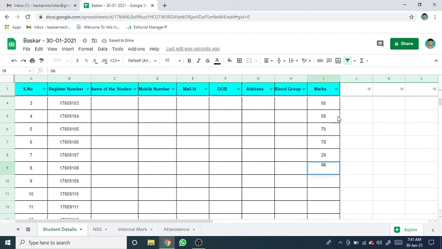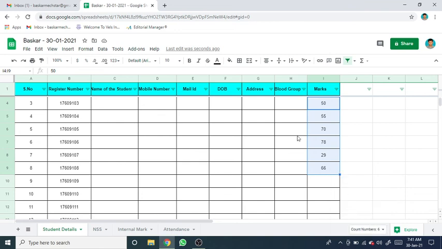Like that, the students' scored marks. I want the sum of all the students' totals, so you need not calculate one by one. Just select it, and if you click this option, the total sum is available here. For example, if I want the average, the total average student mark, you can click that, and the average mark will show.